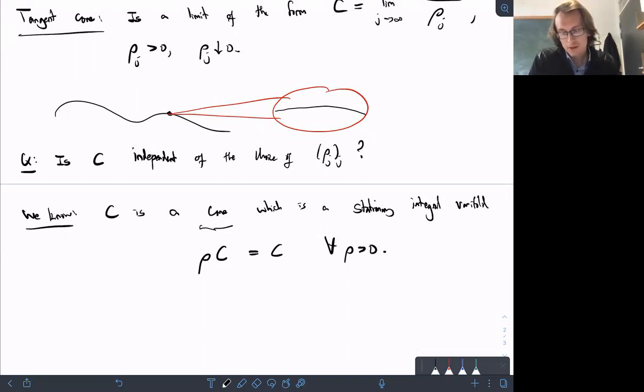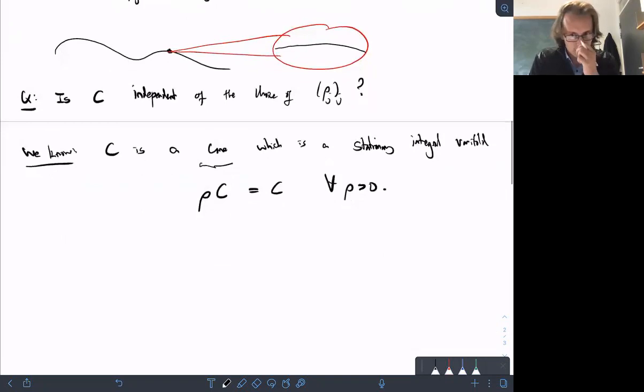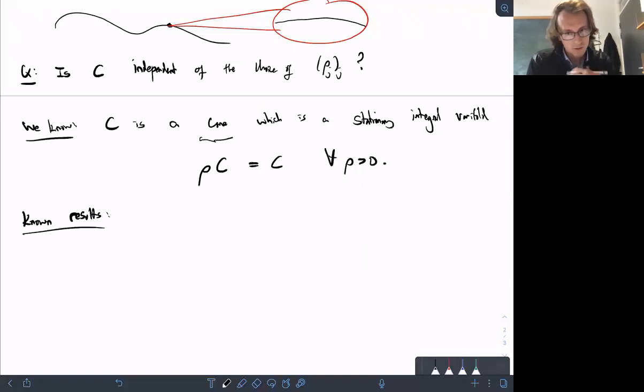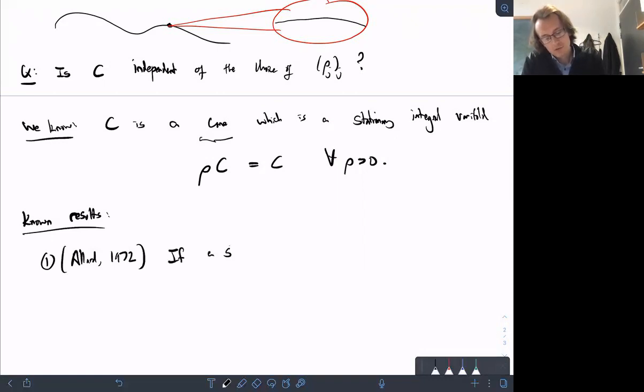And so two of the most famous results in this direction are a result from Allard in 1972 and a result from Leon Simon in 1993. These two results are very well known because they hold in complete generality without any further assumptions, in any dimension and codimension. So we have result 1, which is Allard, 1972, which is that if a stationary integral varifold